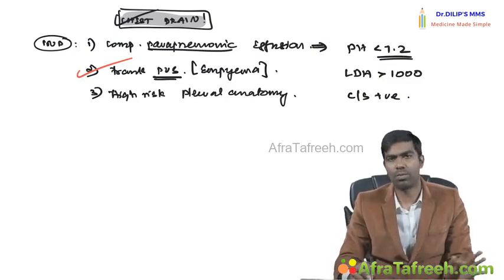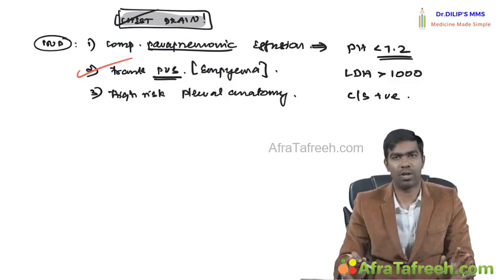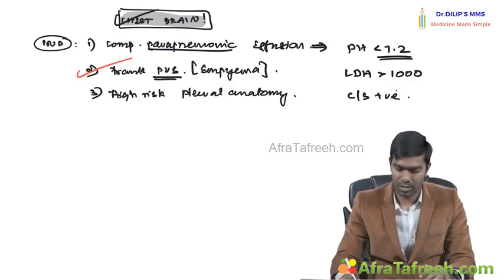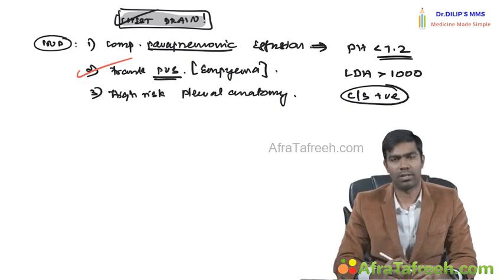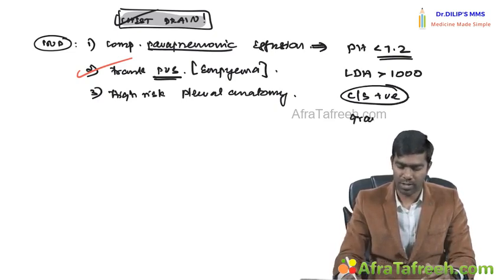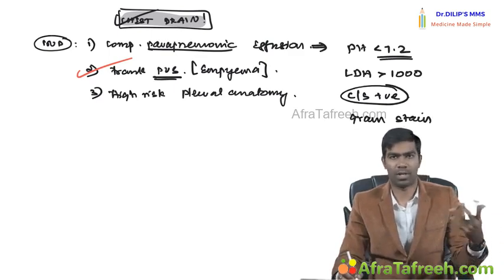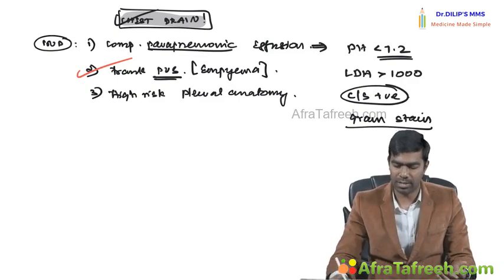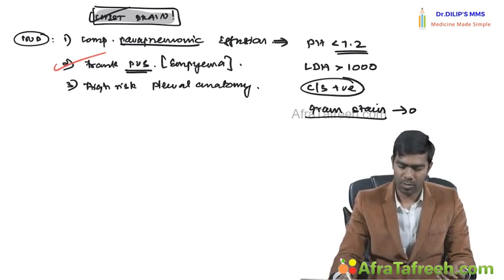So it's not at all supposed to have any organisms with them. If you have any culture that is showing positivity in the pleural fluid, that's also equivalent to your complicated parapneumonic effusion. Or if your gram stain shows some organism. I'm not saying gram stain positive because you might mistake it for gram positive organism. So gram stain yields some organism in the pleural fluid. Again, this is definitely your